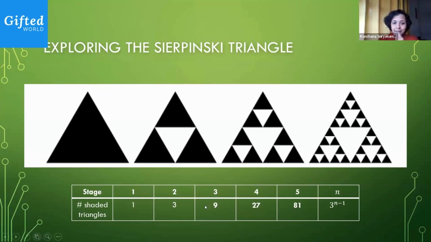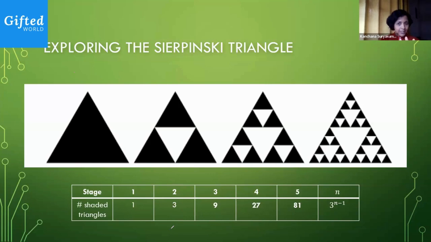That's one way of doing it. Another way of doing it is looking at some patterns, right? I can look at 3 here and say, oh, this is nothing but 3 to the power of 1. And what is 3 to the power of 1? One second, to annotate. Okay, so I can write this as 3 to the power of 1, 3 to the power of 2, 3 to the power of 3, and so on. Try to get a link between the power and the stage. This leads me to say, the nth stage would be 3 to the power of n minus 1. Okay, this is one way of generalizing.